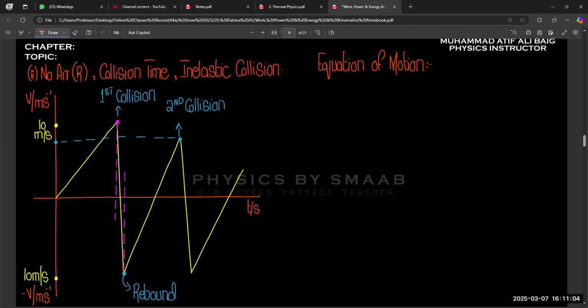So if they ask, they will only ask about the graphical representation in MCQs, not detailed calculation or theory based questions, right? So we will practice MCQs if they ask with air resistance, but they only ask about the graphical representation. They will not ask any question related to a curved graphical representation with air resistance or to find an unknown quantity, because that is not in our syllabus right now.